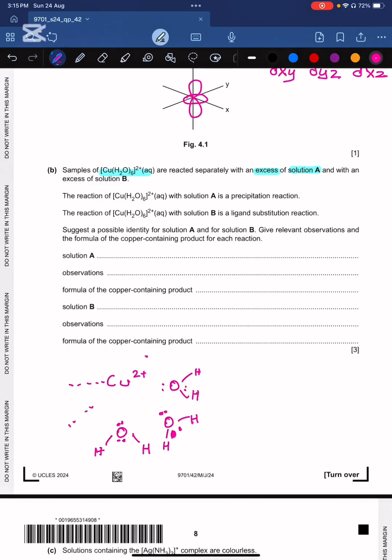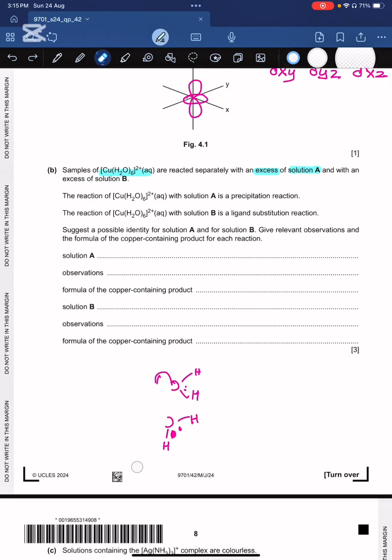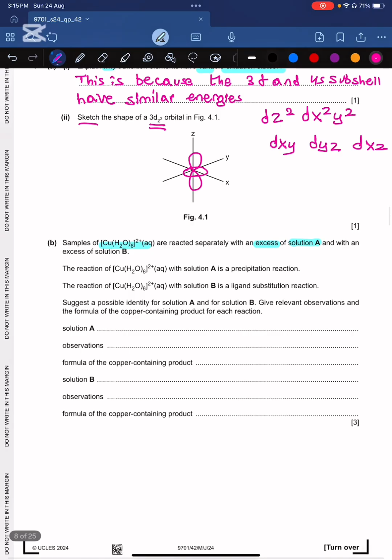Each of these water molecules has an oxygen atom which has a lone pair, and an ion-dipole force is formed between the lone pair and the vacant d orbital, or the vacant subshell, of the metal ion. Therefore, because six water molecules are surrounding it, it's called Cu(H2O)6 2+,